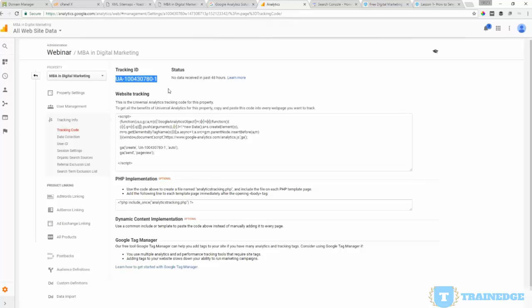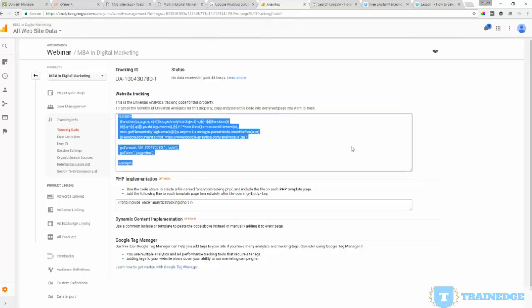This is how Google Analytics relates all the data, because the code is running on your site, right? It is collecting data and sending it to Google servers. It will add this tracking ID to every piece of data that it sends to Google Analytics. So the servers will know where this data is coming from and which website it belongs to. This is very important information for your website. This is the tracking script. It is JavaScript code. You need to put it on the website.